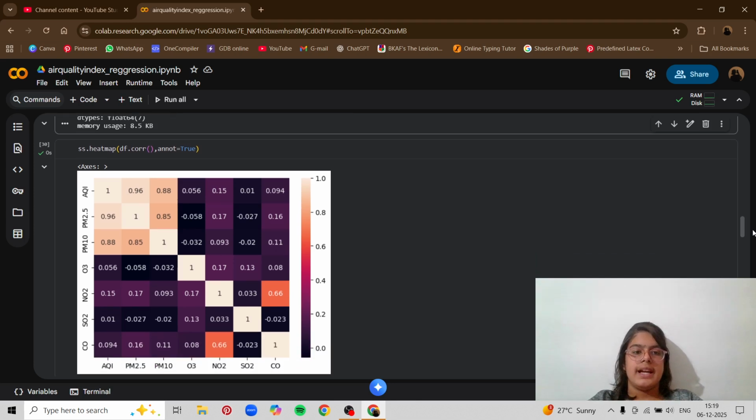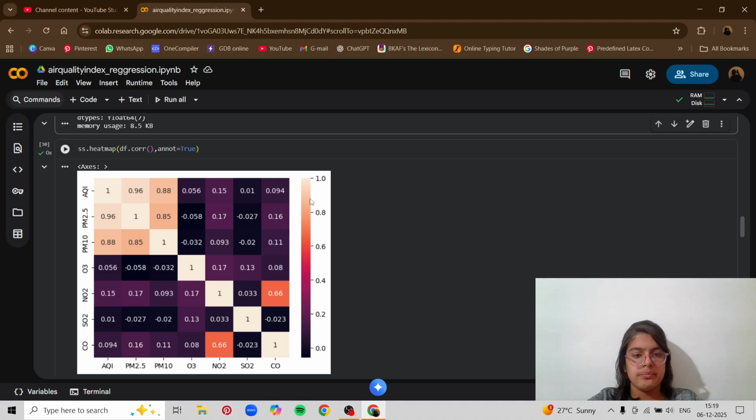Now after filling the null values, we will again understand the new data that we have. The end result is AQI, which is air quality index. Now to find out AQI, what is most important?